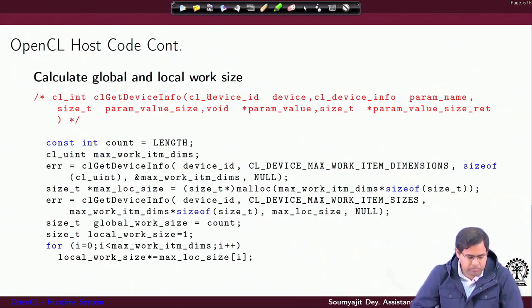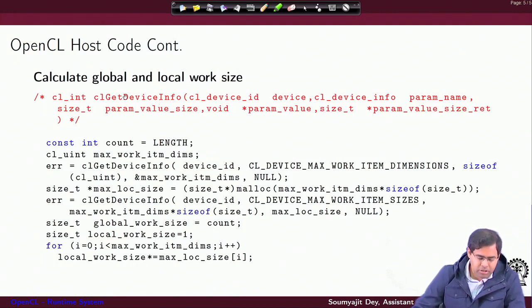So, for that we have this count variable which is storing the length of the inputs on which you want to work. Now, here is the important function that we will be using, clGetDeviceInfo. This is going to give back some cl_int values, and you are passing it some OpenCL device ID, and you are passing it some parameter which you want to query. Then you would expect some values to be returned by this function, and let us see the function working to get some more idea.